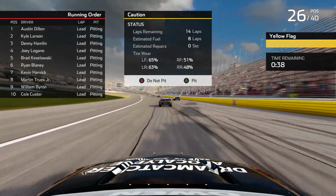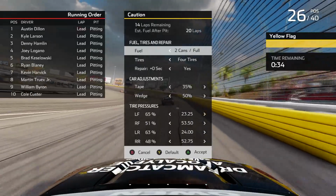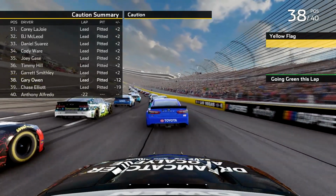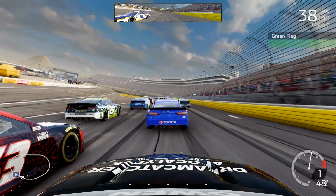forcing everybody into the pit lane with Austin Dillon leading the way. I knew this was a position where the AI were only going to take a little bit of fuel and probably 2 tires at most, so I decided to put 4 tires on the car. Chase Elliott would actually join me at the back of the grid. He might have been the reason for the caution, but nonetheless, I made a decision to take 4 tires